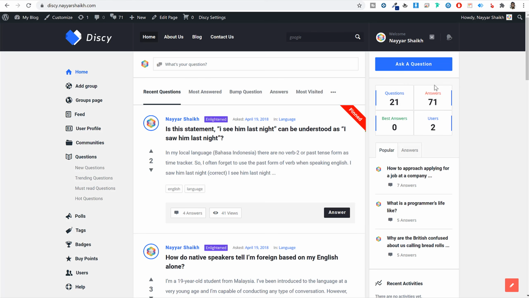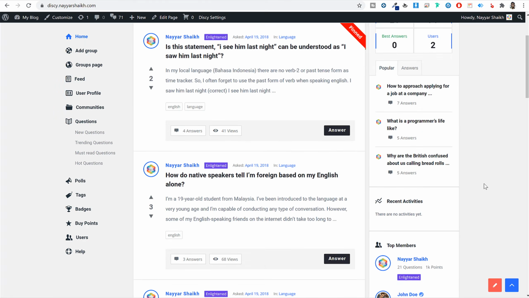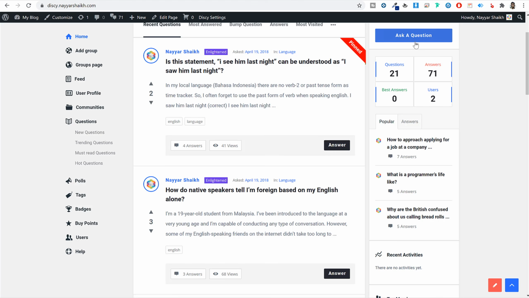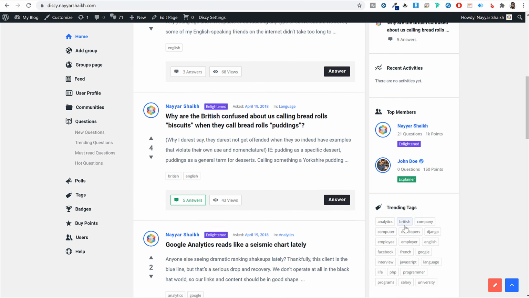Then we have the content layout. In the content layout, as you can see at the left hand side, we have these important links, and I have added these different icons with these lists. Then at the right hand side we have some important widgets over here. So as you can see, ask a question widget, some statistics, some popular questions, recent activities, top members, trending tags,